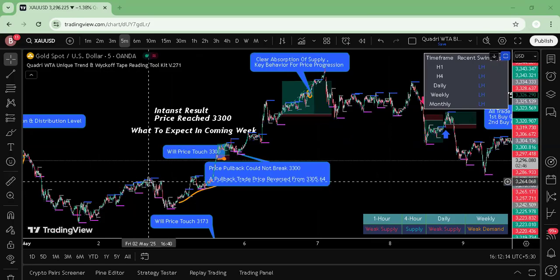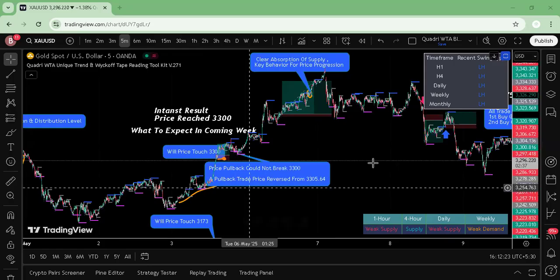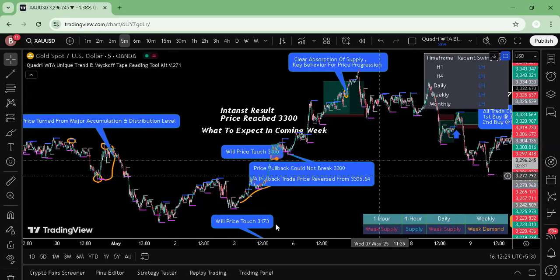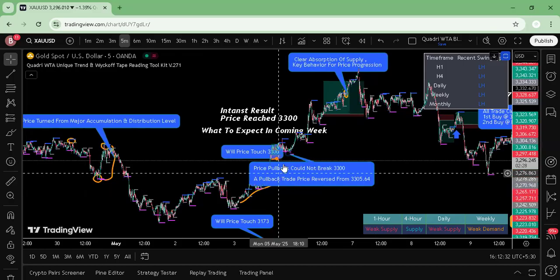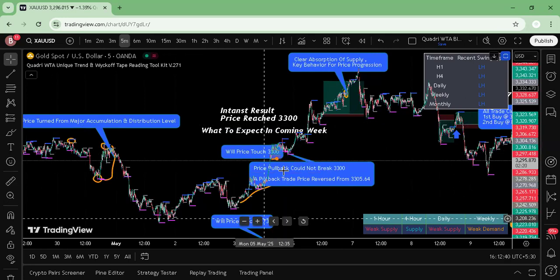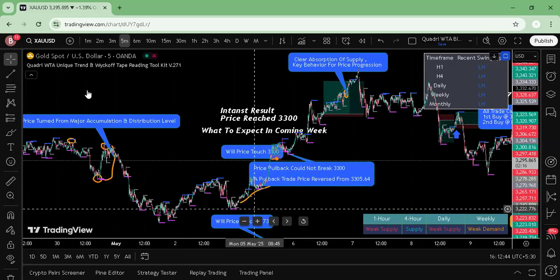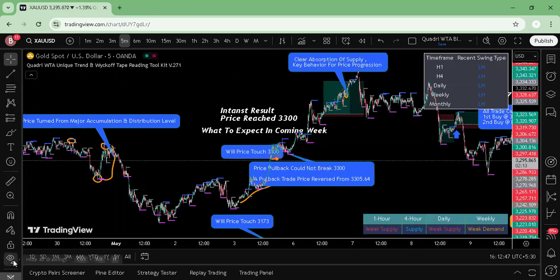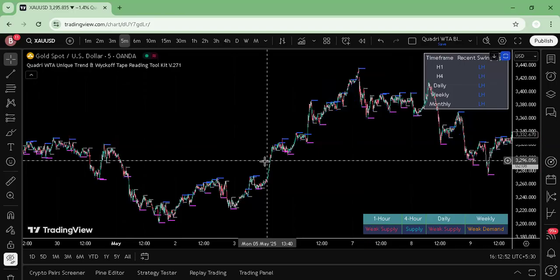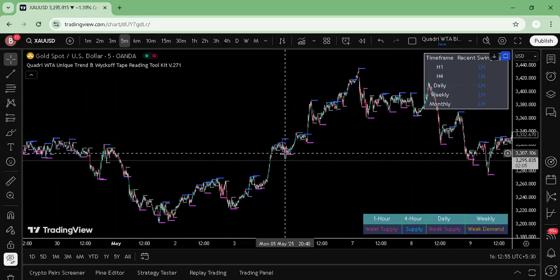That is 3264. Sorry, my bad. When the price was trading at this level, I gave two levels: one was 3300 and another one was 3173. I clearly mentioned I was expecting either price to go above this level or below this level. Whatever was in between would act as a magnet. Now I would hide this, 3300 and 3173. So this is the 3300 mark, give or take.